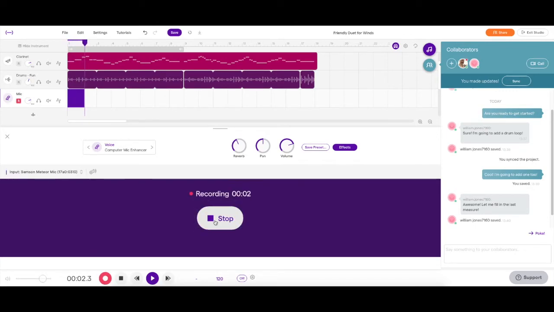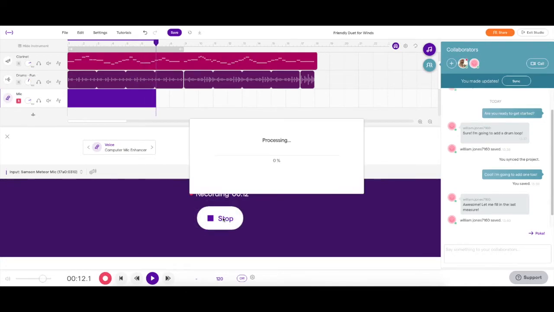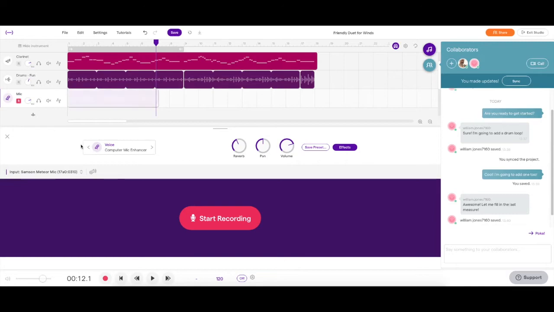Again, if the headphones are on, they're going to hear the recording in their ears as they're playing, but the microphone is only going to pick up what they're playing back, and they would play to the end and then click the stop button. And the microphone right now just picked up my voice, but for them, hopefully they'll be playing their instrument. So again, when they finish recording, they can click save,